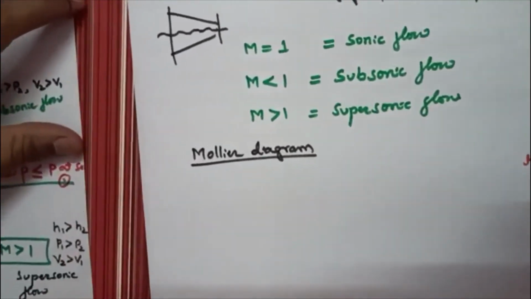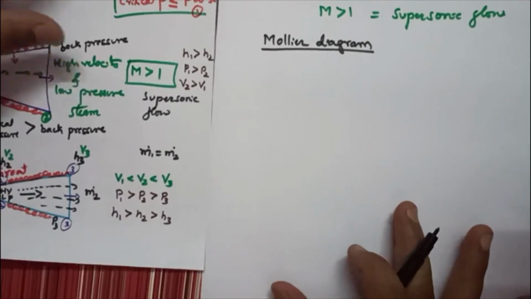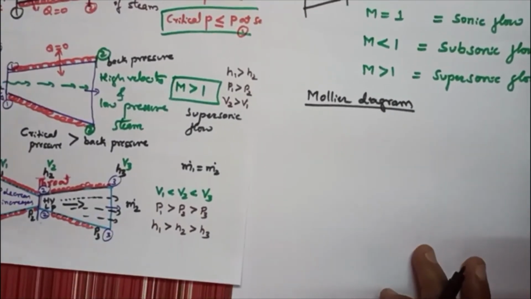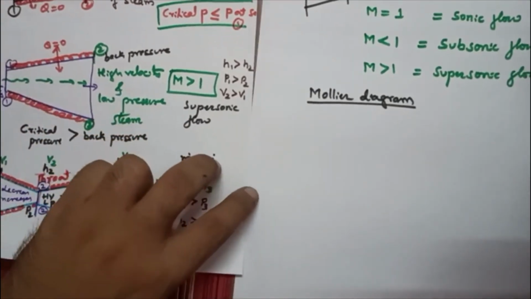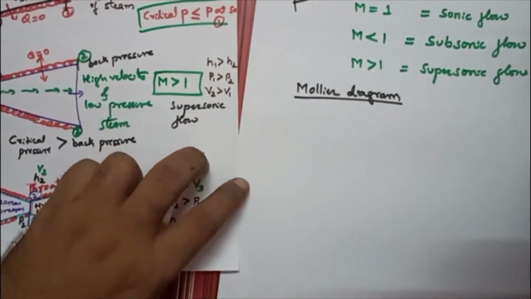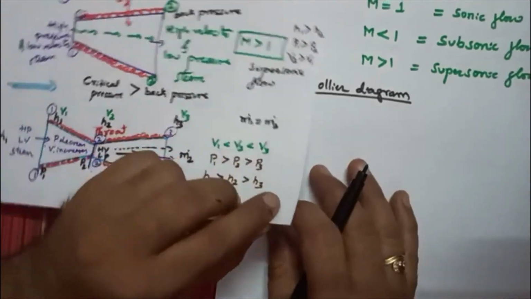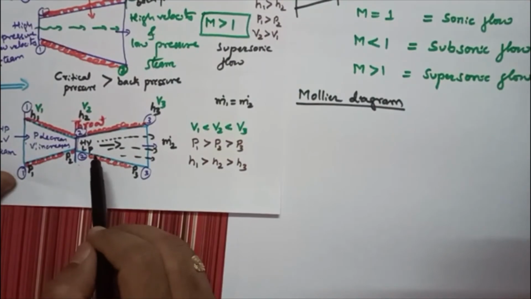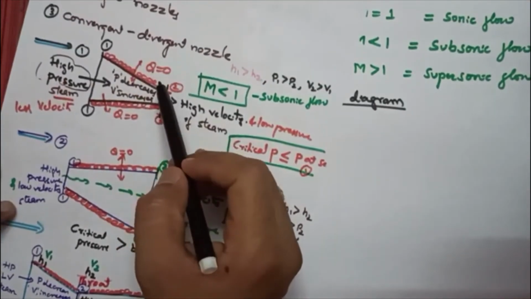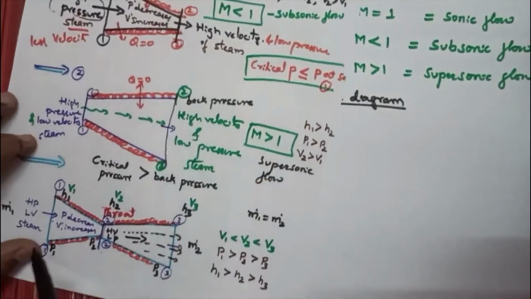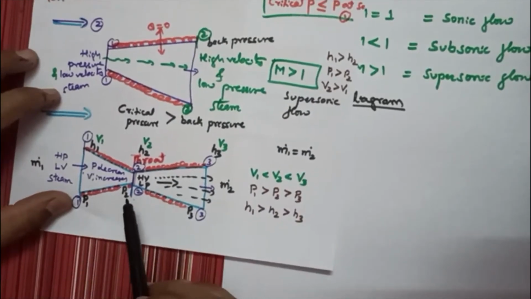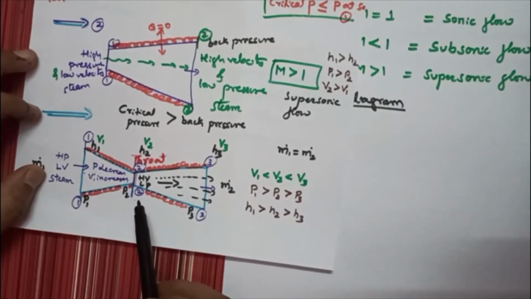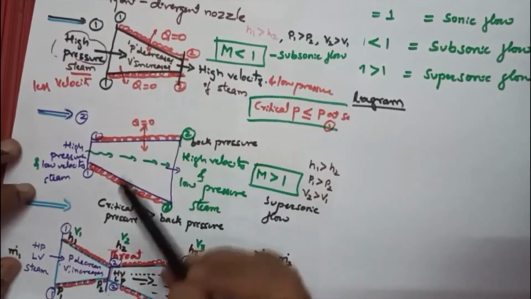Now if you consider a convergent divergent nozzle, I will explain how to draw the curve in the Mollier diagram and how the process looks in the Mollier diagram for a convergent nozzle. You can draw it for convergent, for divergent, as well as the combination of both. I will draw for this third type of nozzle. It will become easy for you for the first and second.